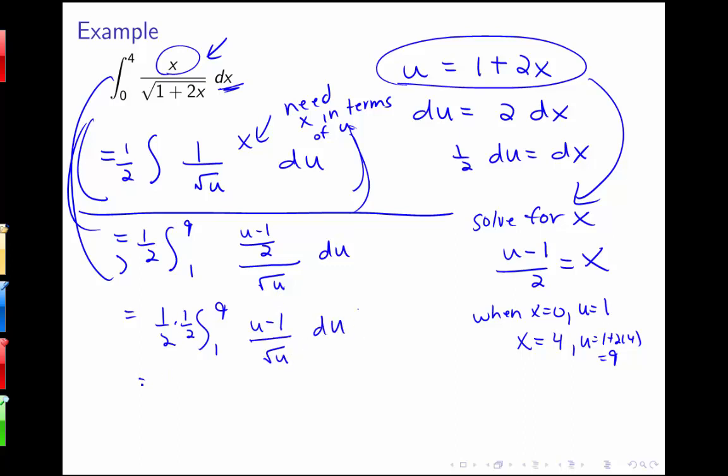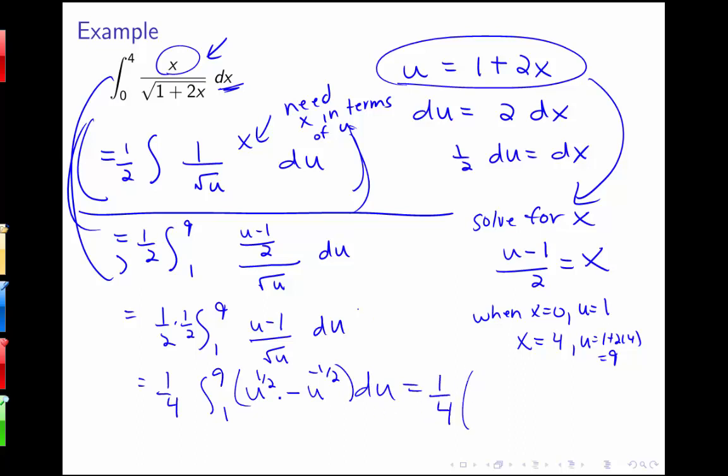Okay, so I just need to do a little bit of algebra now. So this is like a problem we might have had before learning the substitution rule. I want to make that u over the square root of u minus 1 over the square root of u. So u over the square root of u using exponent rules is just going to be u to the 1/2. And then 1 over the square root of u would be u to the negative 1/2. So I have this du. So now we have